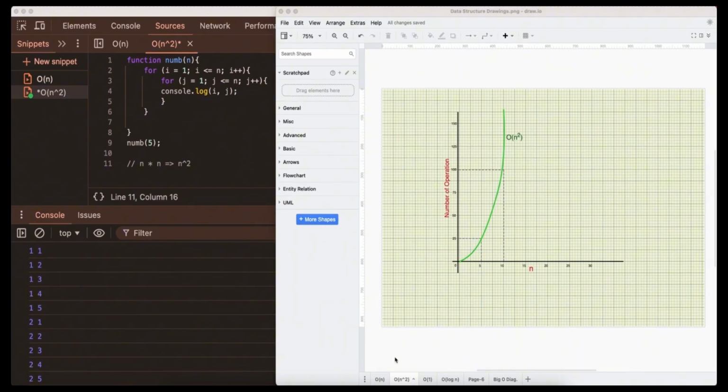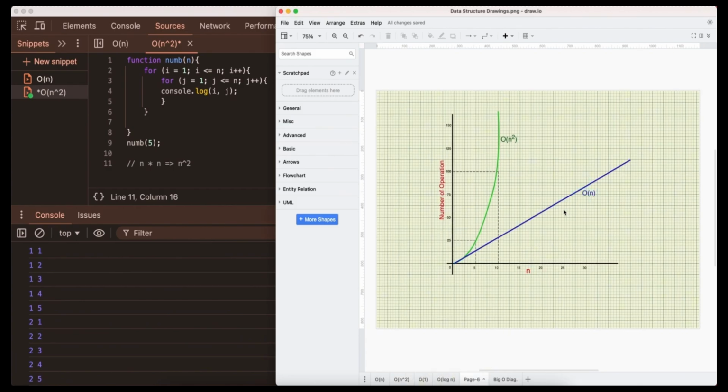So let's look at it in comparison with O of n. And when you look at both of them, O of n and O of n square, you see that O of n is a better code than O of n square. So these are things you just have to take note of when you're writing your code as a programmer, right? When you have a situation where you have to write a nested for loop, which will give you O of n square,